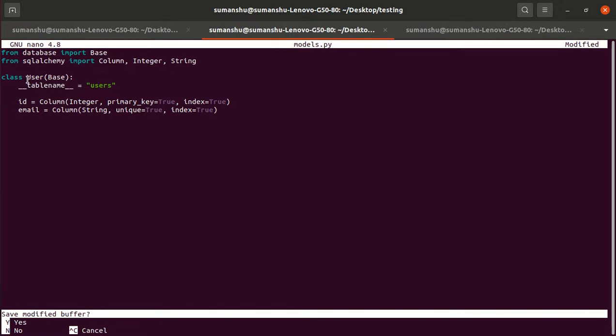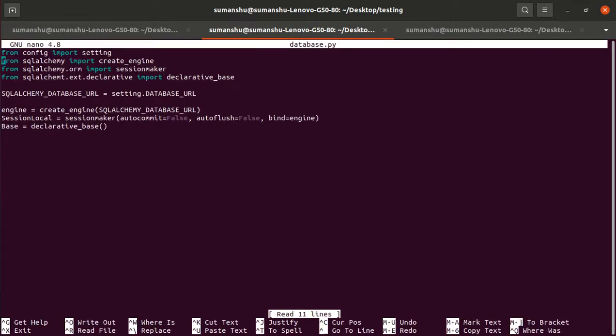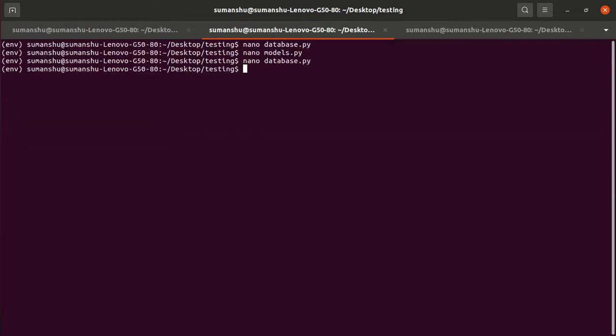So how does this table know which database it has to connect to? Because we told it that it is a Base. We are connecting it with the Base, right? And if you open database.py, till now Base is not connected with the engine, right? So how should the Base know? The table knows it has to connect with the Base, but the Base doesn't know under which database it has to create the particular table. So we will define that as well. So the next step is,